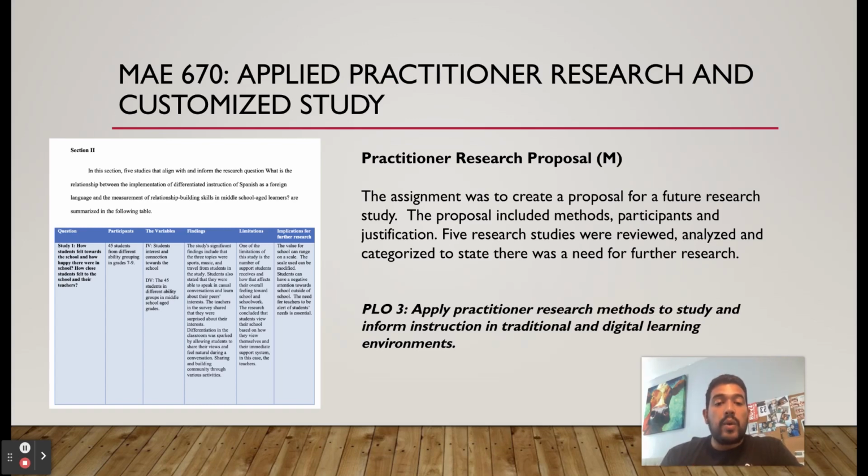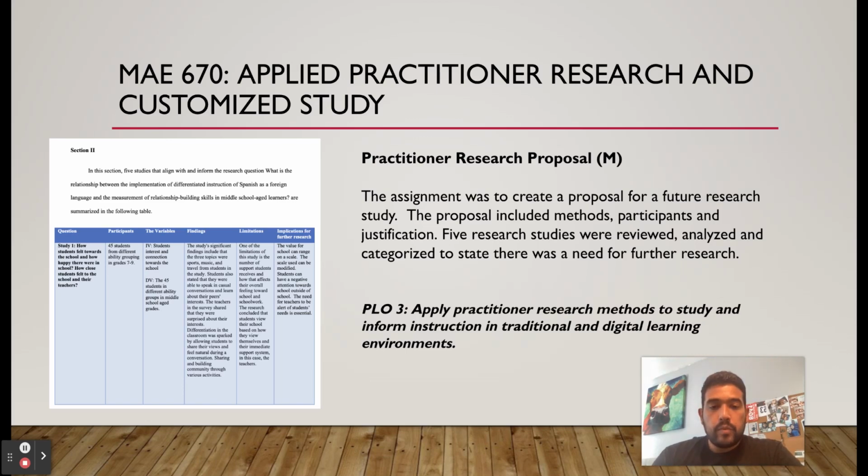research done. On mine, I chose how differentiating instruction of Spanish as a foreign language affects the measurement of relationship building skills in middle school age learners. So there are a lot of moving pieces there that I have experience with that you can't find much research on at all, because foreign language is different. Some schools don't teach foreign language in middle schools. And then obviously the way it's instructed and how important it is to implement relationship building skills, that was important